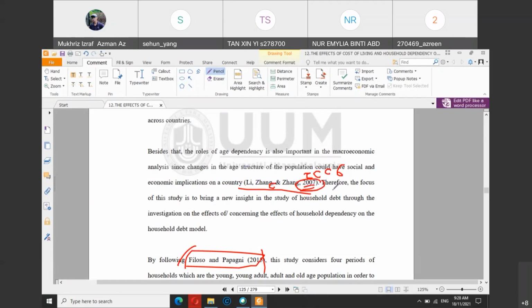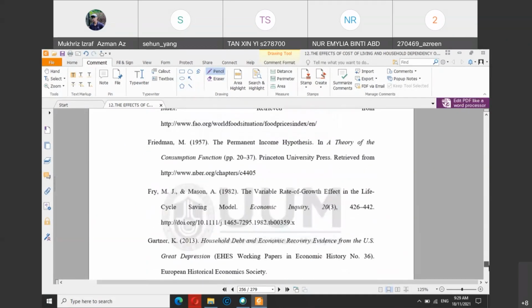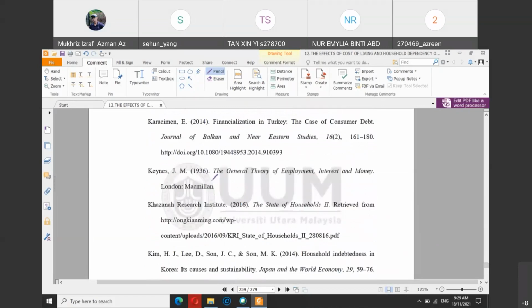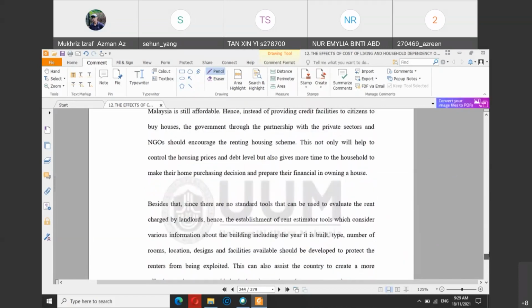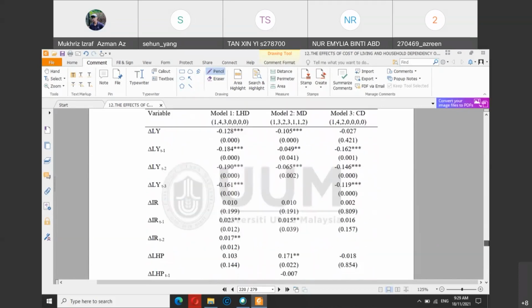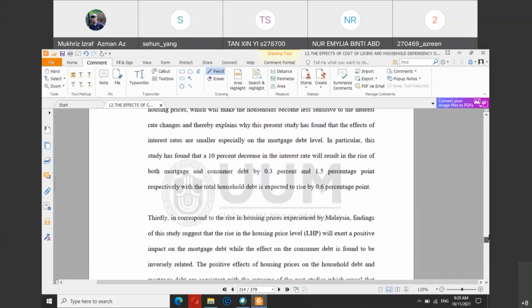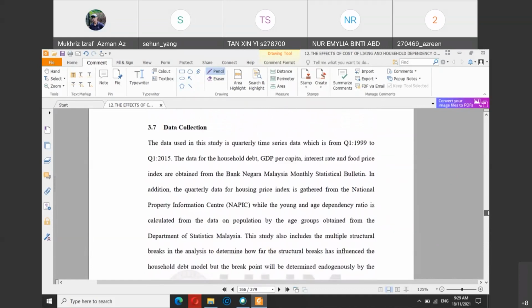So you need to pay attention that whatever you mention in the text, by the surname and the year, must be exactly the same, and of course it must first appear in your references list in your thesis. Items such as the year should be the same as the original article or the original source.